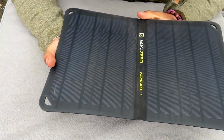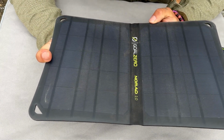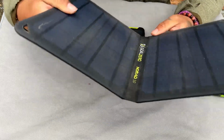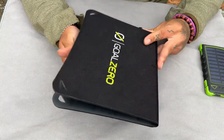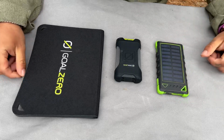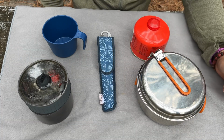And this has been a game changer. Riding 6 to 8 hours a day in full sun, it can pretty much charge up one of these battery packs almost all the way full. You can either charge things directly from it or charge the power banks. And that is my power supply. Next up, we have my cook set. So let's start with my